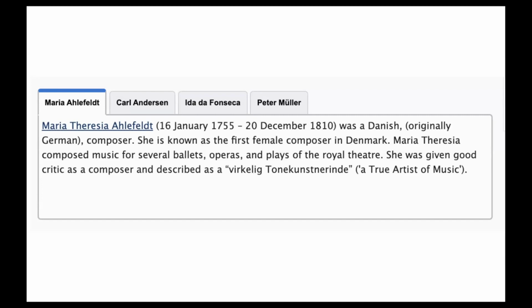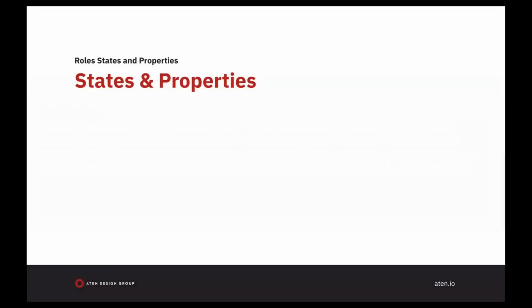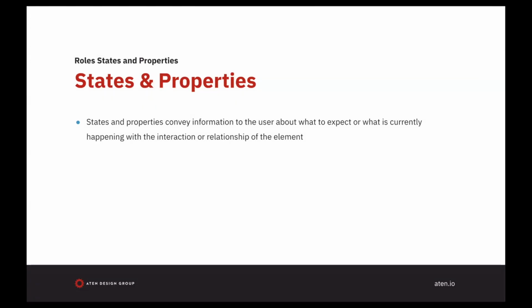In states and properties, states and properties convey information to the user about what to expect or what is currently happening with the interaction or relationship of the element. There are 4 states and property types: widget, live region, drag and drop, and relationship. And again, I'm not going into detail about each one because even if I did, many of them fall within